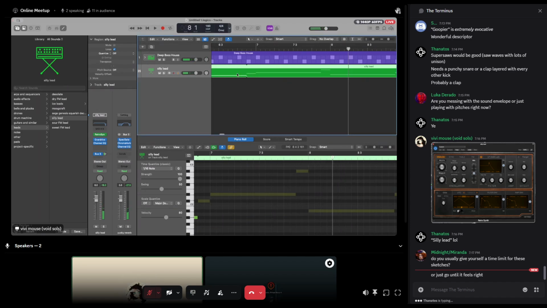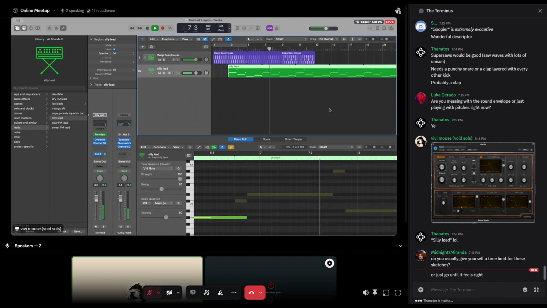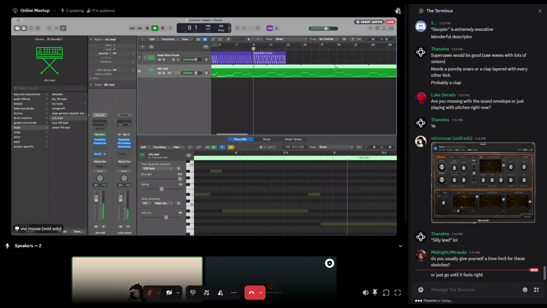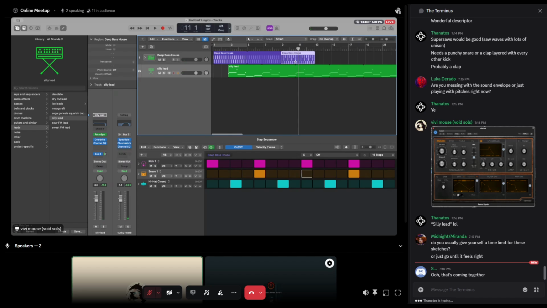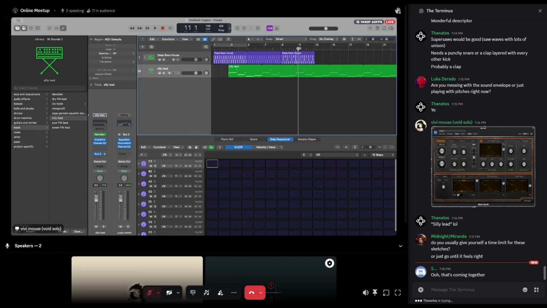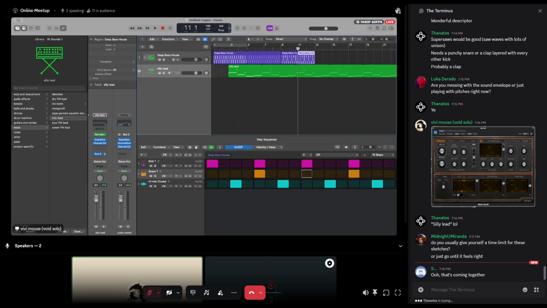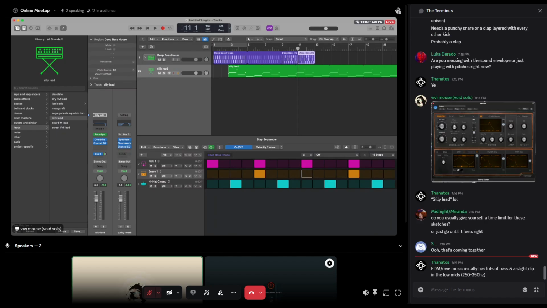That's the wrong duration for that. That's funny. Okay. So it's already feeling like something. It's underwater wave, goopy.